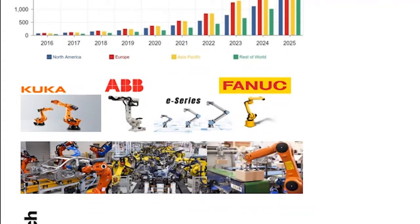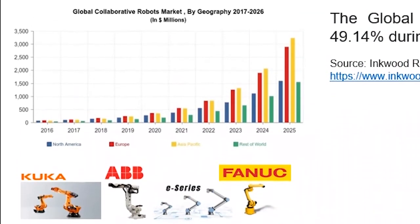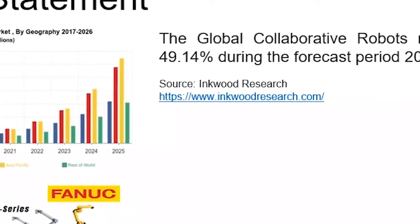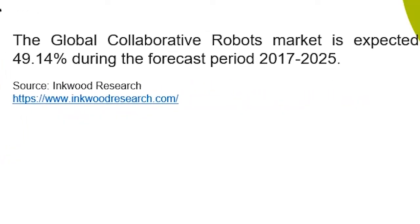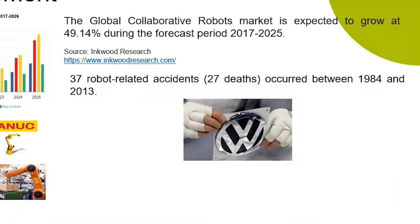over the next few years, with sustained growth projected over the next decade. The global collaborative robots market will grow at 49.14% during the forecast period 2017 to 2025 according to Inkwood Research Report. Also, according to the Occupational Safety and Health Administration Incidents Report in the U.S., 37 robot accidents occurred between